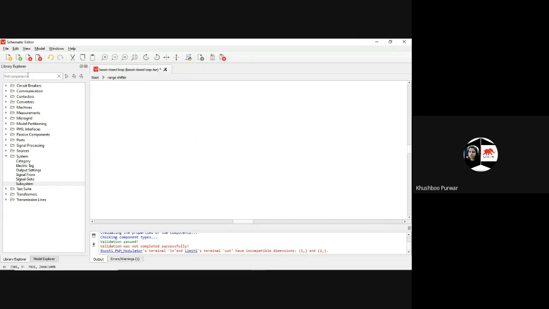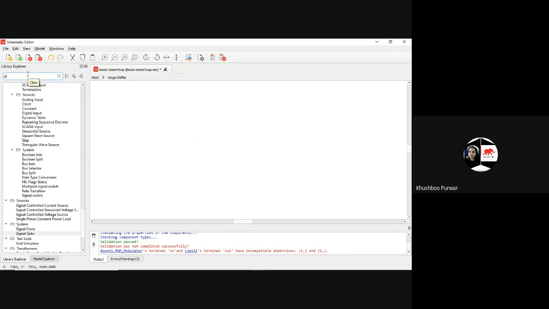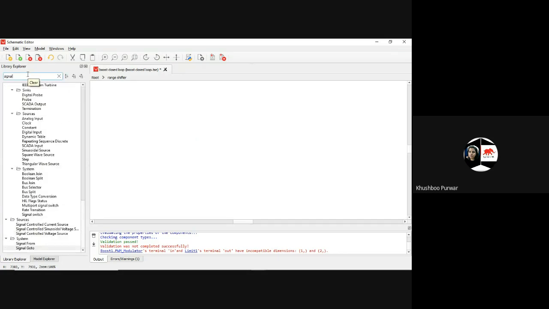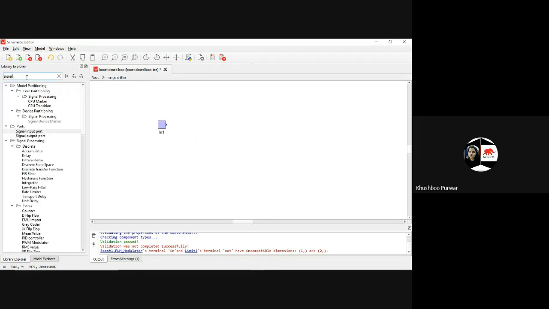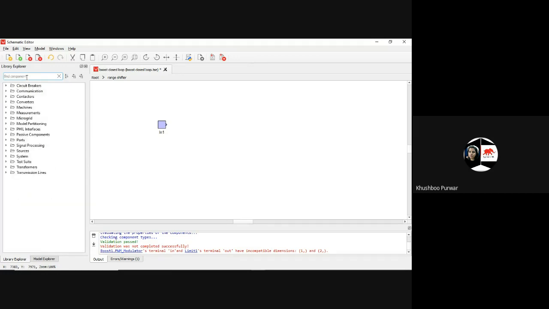Use one signal input port. This is the signal input port, and use one gain for preparing the subsystem of this range shifter.